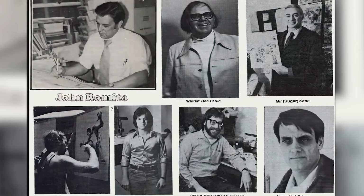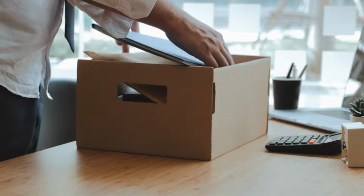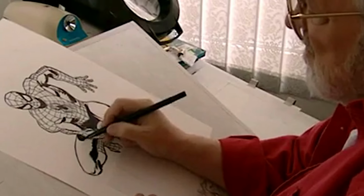In the midst of the comic book market collapse in the mid-1990s, Marvel was faced with major financial problems and had to do major cutbacks. Romita was entrusted with the responsibility of coaching others on the process of letting people go. He was devastated with the task, so that following Christmas of 1995, he made the difficult decision and quit Marvel. Throughout the late 1990s and the 2000s, Romita would still come back to do the occasional cover or story,